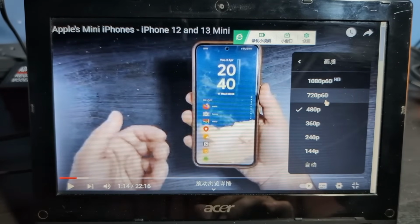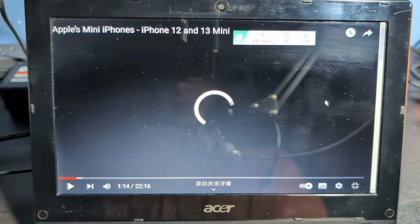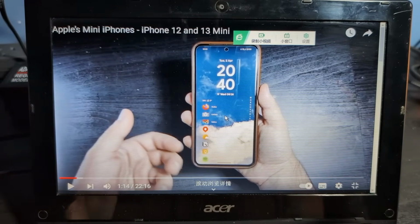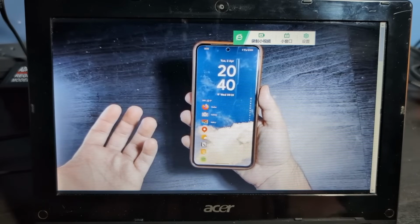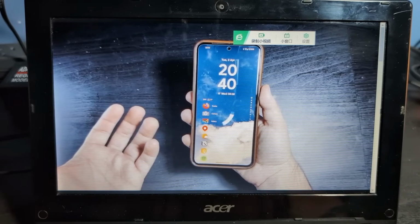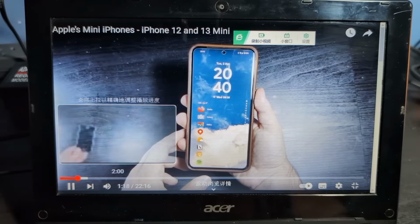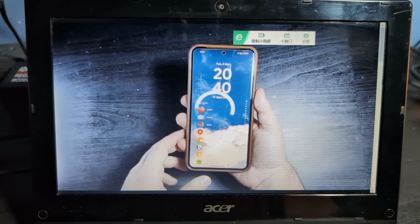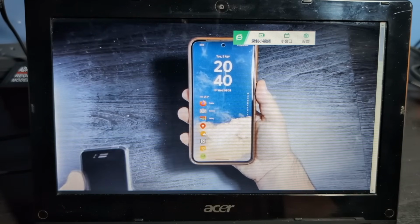Alright, 720p 60, the ultimate test. If it can do this, it's just cause for celebration, man. Alright, HD content, literally higher than the resolution of this screen. It's likely 1200 by 600 or something like that, let's be real. Alright, let's go. Okay, now I can't handle it. Granted, streaming video is more intensive than just playing back a video file, but...